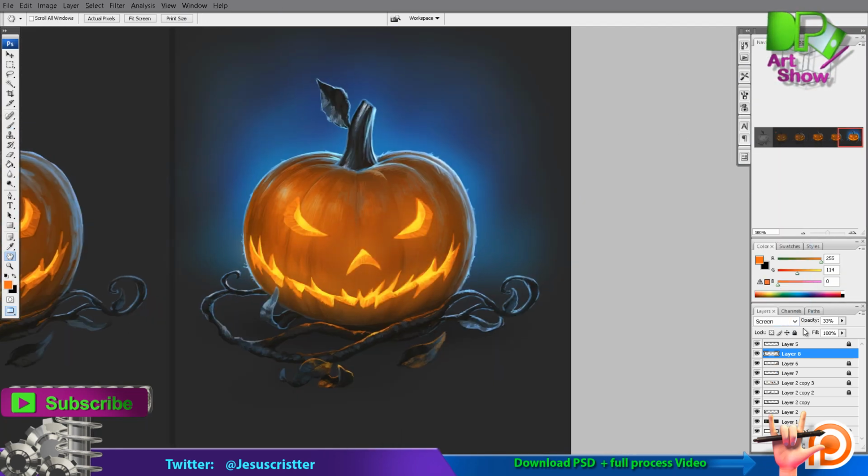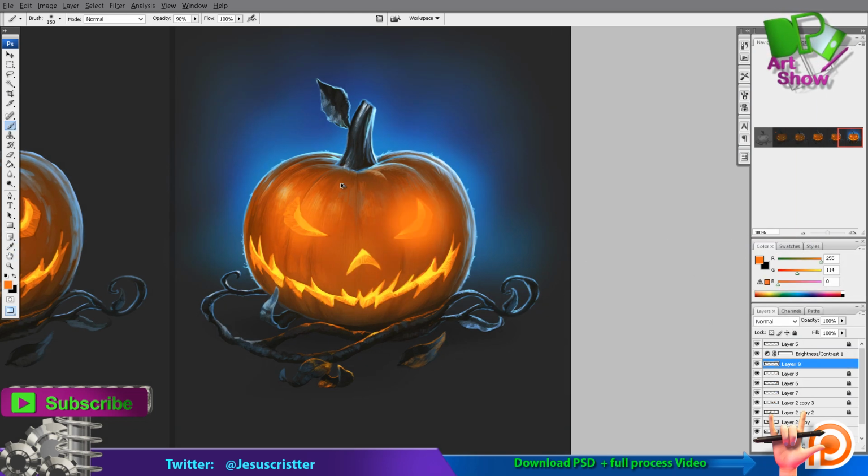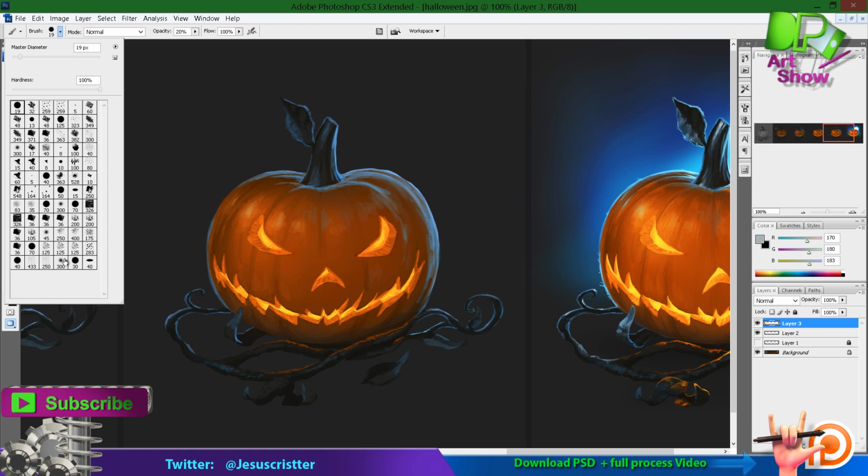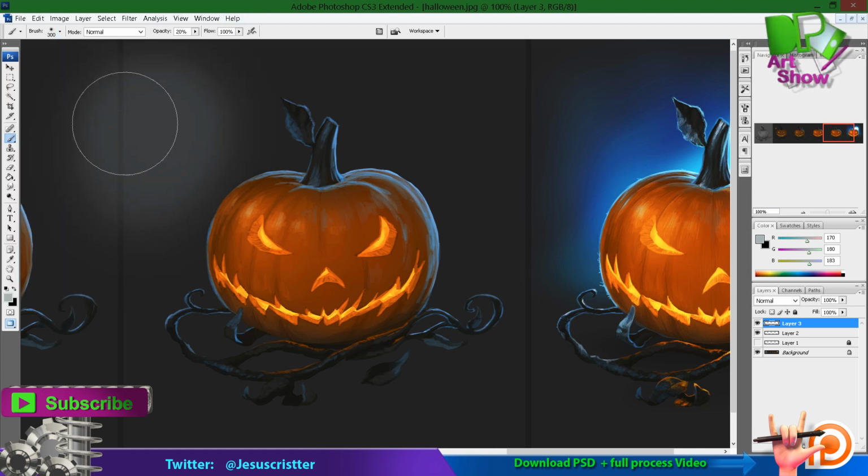For the glow thing, which I'm going to talk about in a few seconds, it's really easy actually. It's nothing fancy at all. So I'm going to explain more about it. So let's say I have this, I went back one step, and I'm just going to take this really soft brush. It's any brush that is soft. I have it right there. I'm just going to take this color with the eyedropper in a new layer. I'm just going to click once like that. So just click there,